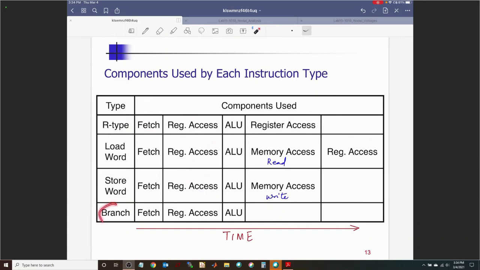For branch, it turns out you only need to do an instruction fetch, then the register access, then the ALU, where you do the subtraction, which tells you whether there is a 0 result or not. Done. You don't need to do anything after that. Or in other words, you can neglect the time taken by other components after that. So if this is the case, let us try to see